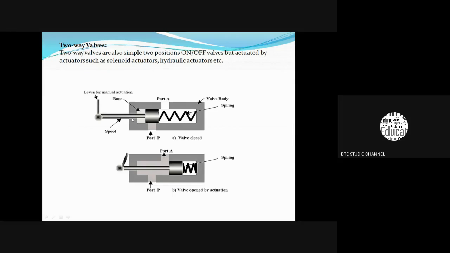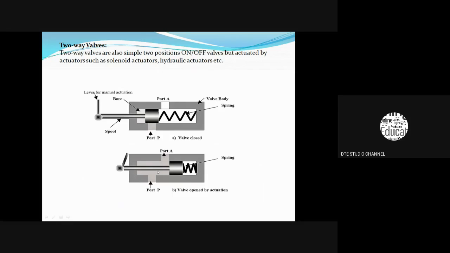The figure shows the first position of the DC valve in which the hand lever is not operated. In the first position, the hand lever is not operated, and the port P is closed by the plug. This is the plug which closes the pressure port. Even though the working port is open, fluid cannot flow from P to A. And this is the first position of the DC valve.